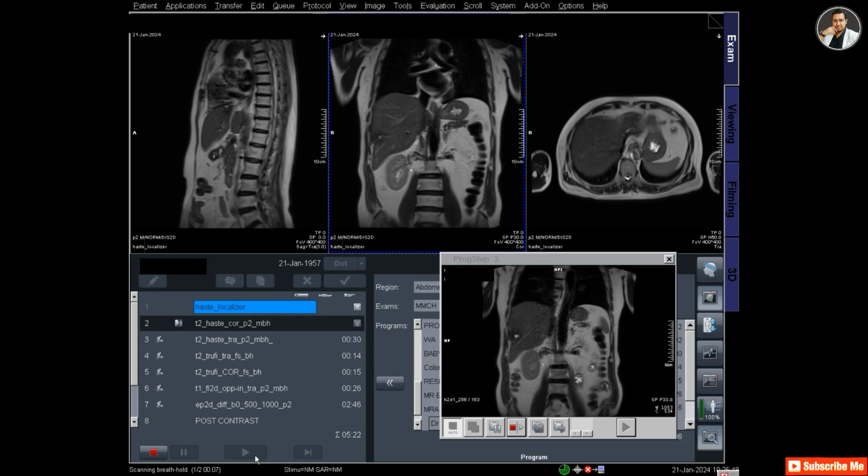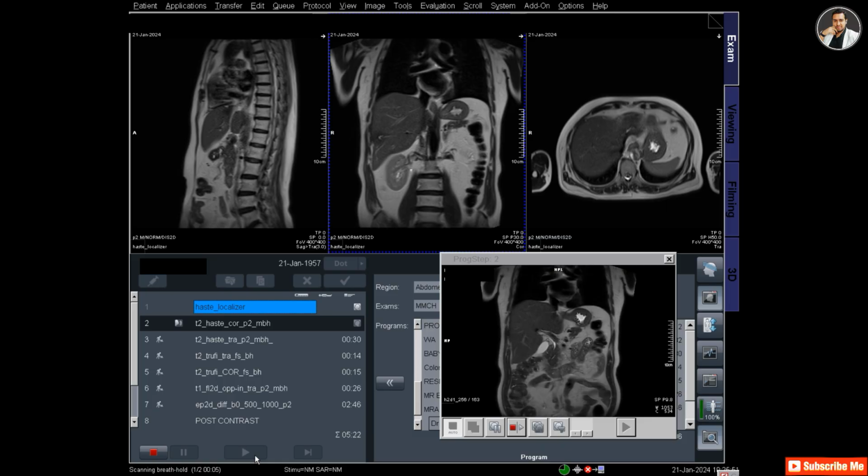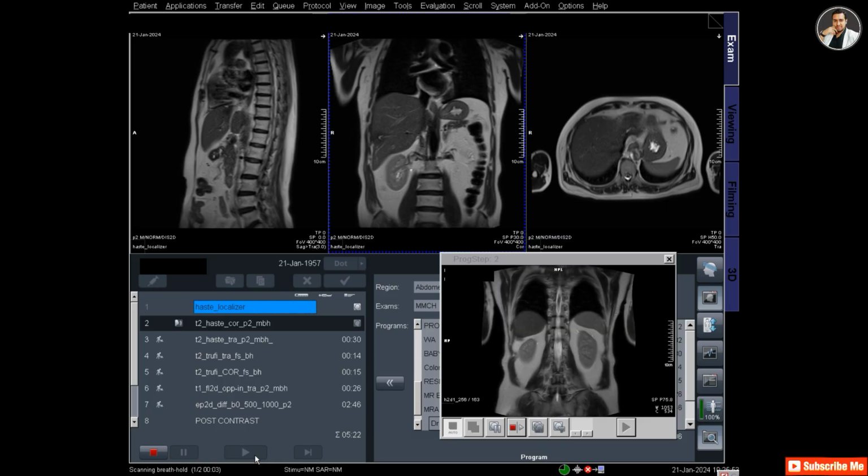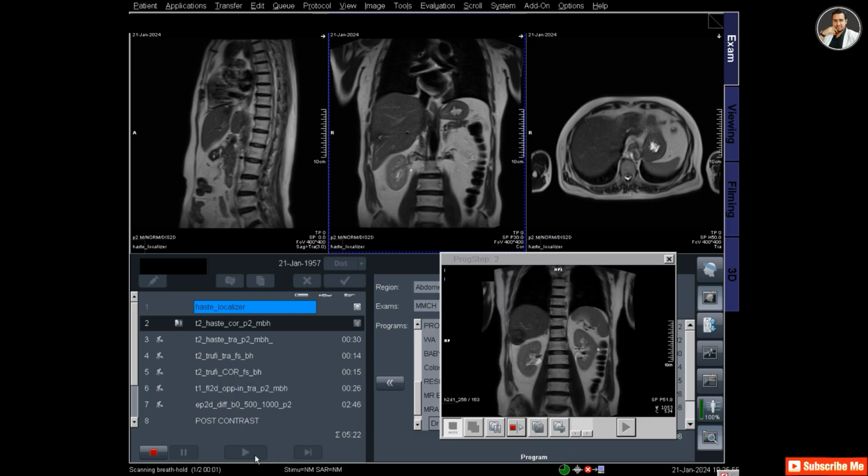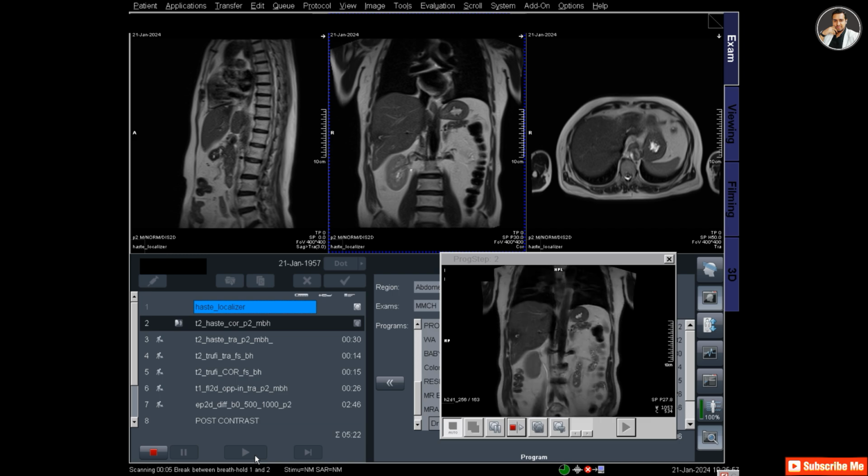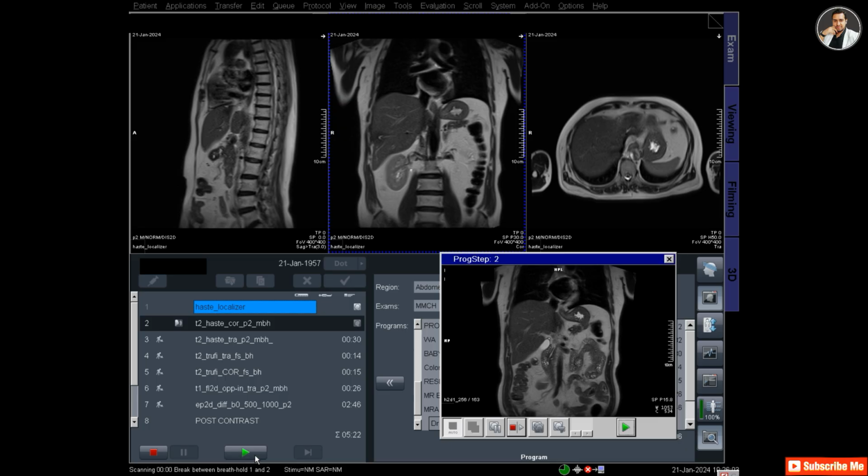The image will appear in the progress segment. You can also see a lesion in the liver. So this is the first step of this protocol, and now it's a break for breathing.